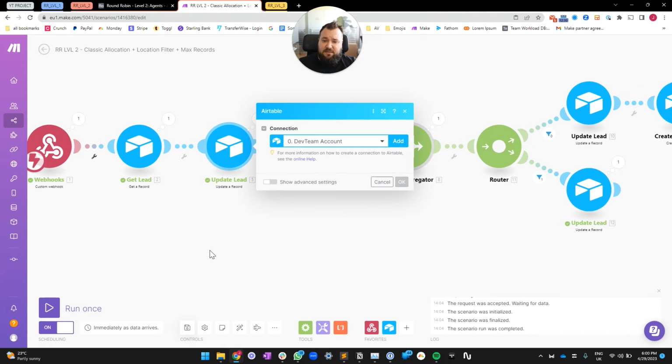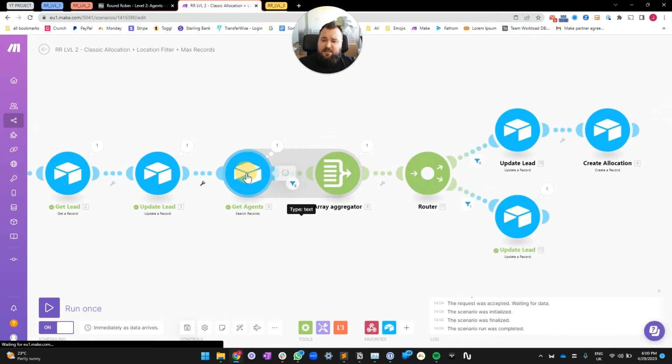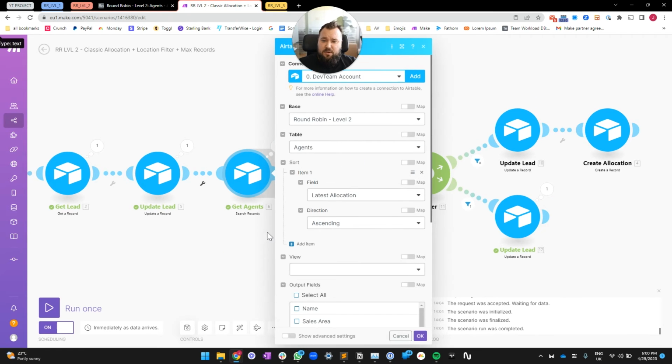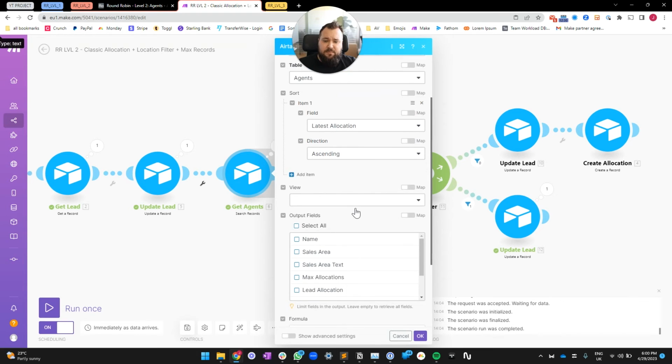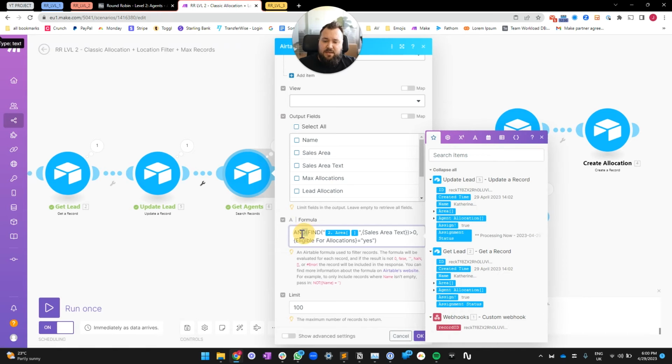We update that lead with processing now in the assignment status. Next, we search for our agents, and of course, we sort them by latest allocation ascending, as we did in level 1. But the only real major difference is that we add to our formula this AND